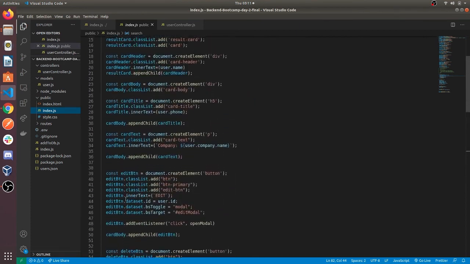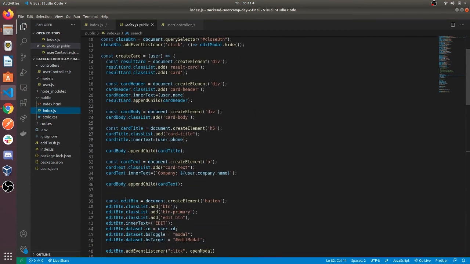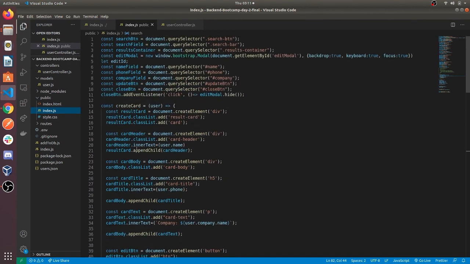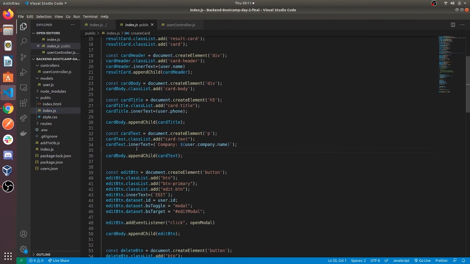One thing that we need to edit here is that we need to use user._id, because MongoDB uses _id as the variable to store the id.